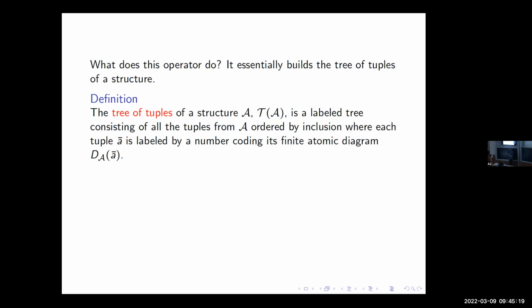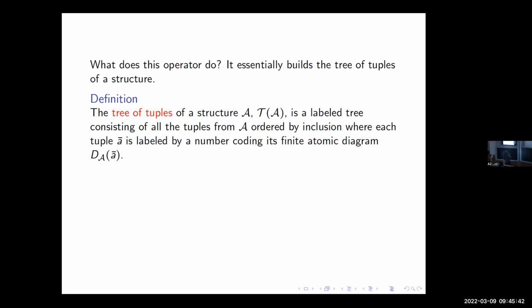These guys are not related, so I color them a different color. Right, these guys are related, so I color them one color, and so on. And then for the three types, the three tuples is like 8 colors, for all the different possible edge relations between those things. So that's the tree of tuples, it really takes the structure and spreads it out into a tree.